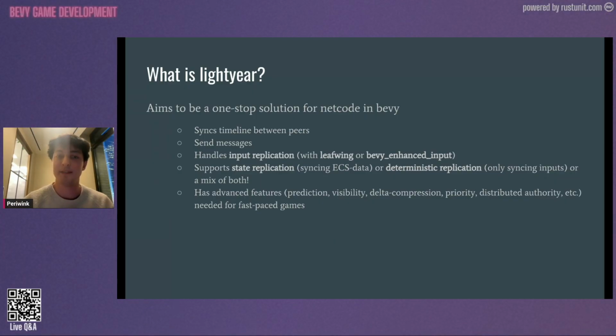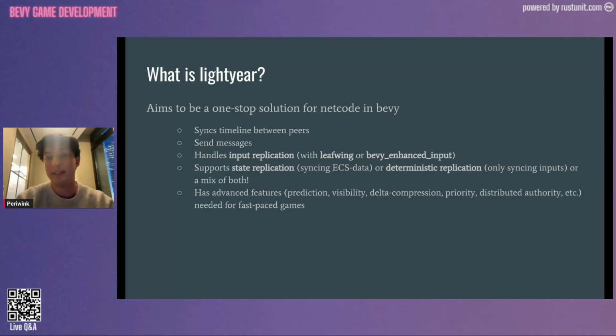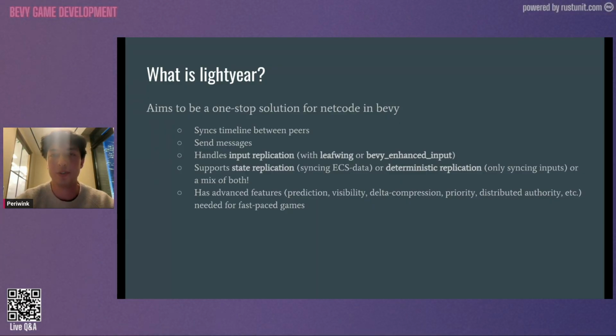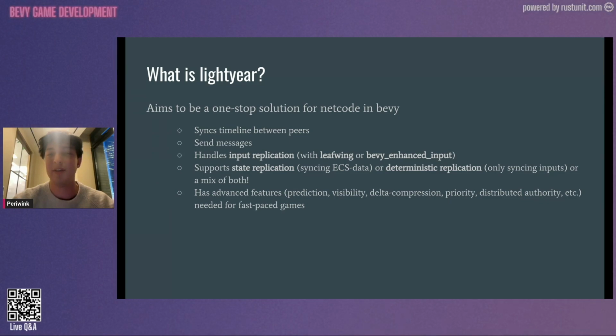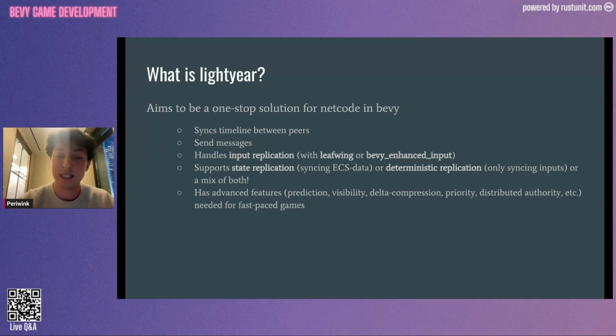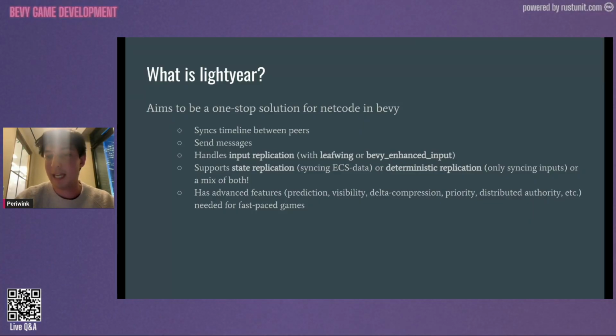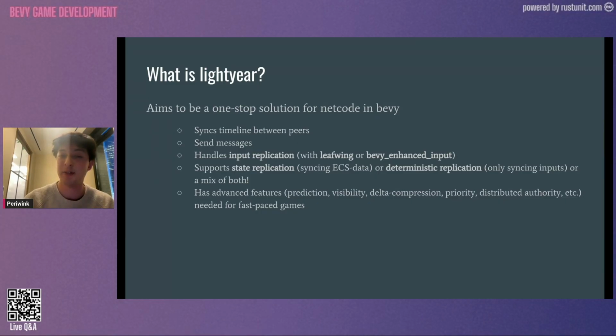It supports 2 types of replication, which are basically the 2 big paradigms of networking. One is state replication, where you're directly replicating the state of your world, like you're serializing your entities and resources and sending that to the remote peer, or deterministic replication, where you're just sending the inputs, like which buttons you're pressing, and the remote peer that receives those inputs can reconstruct the state of the world perfectly if the game is deterministic. And it can even do a mix of both, where, for example, the game is deterministic, but when a new client connects, you start by replicating the state of the world,